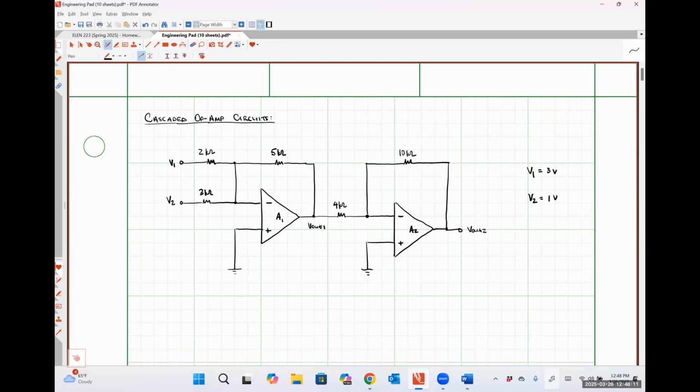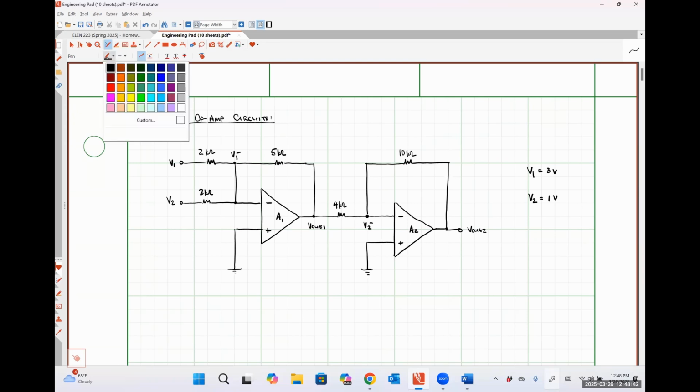So what I'm going to do is introduce just a couple of other quick voltages here. I'm going to call the voltage at this node V1 minus, because that's the voltage at the inverting input terminal of op amp 1. And similarly, I'm going to call this voltage here V2 minus. And so what I'm going to start doing is apply KCL at the nodes where I have unknown voltages labeled. We're going to run into a slight problem here in a moment,